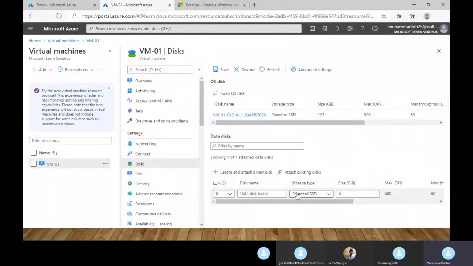I am creating 4 GB, just 4 GB, and saving. I am putting my name, disk 01.